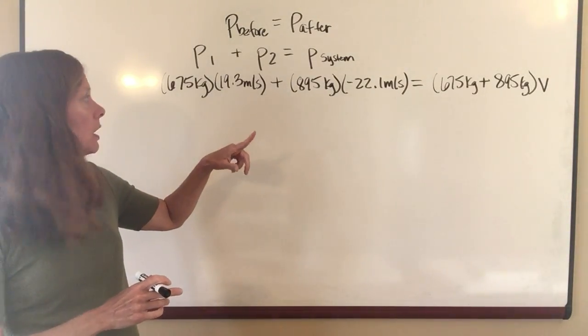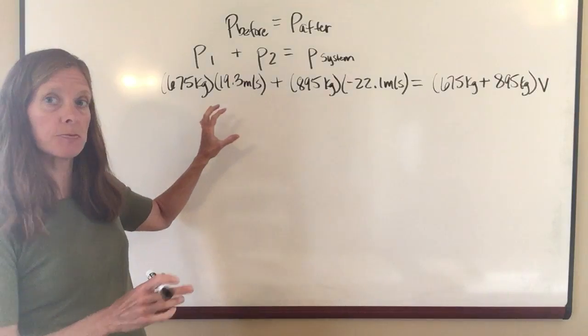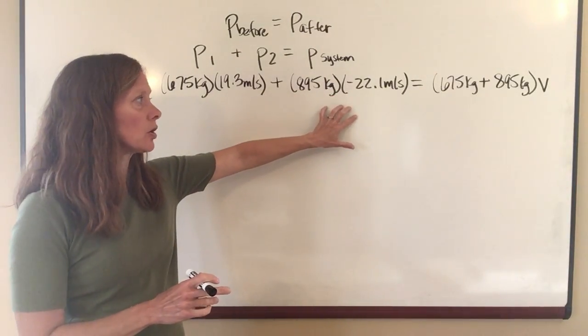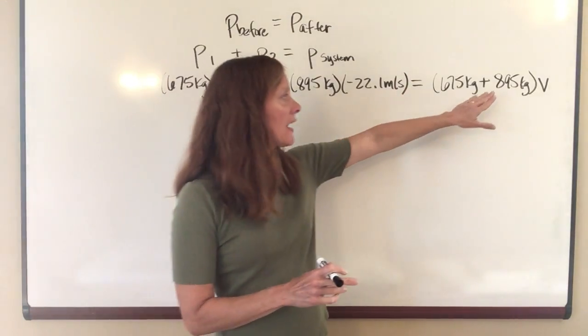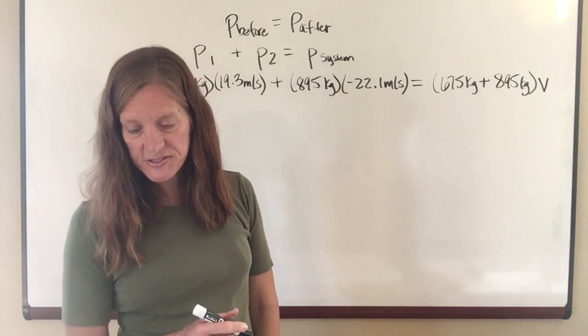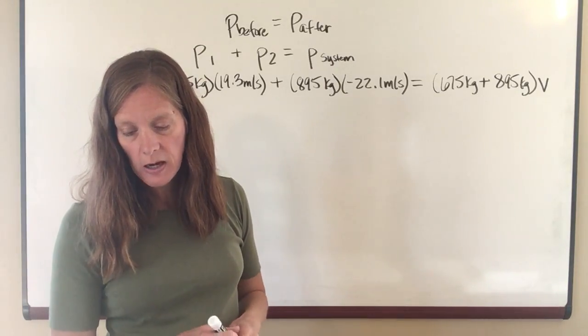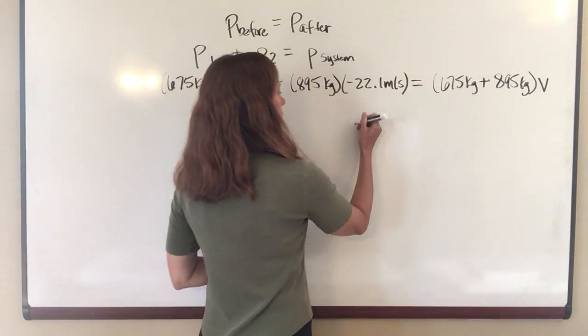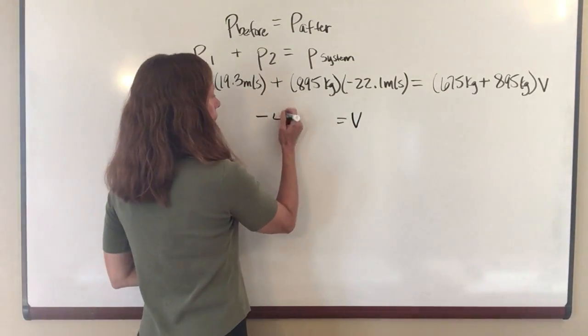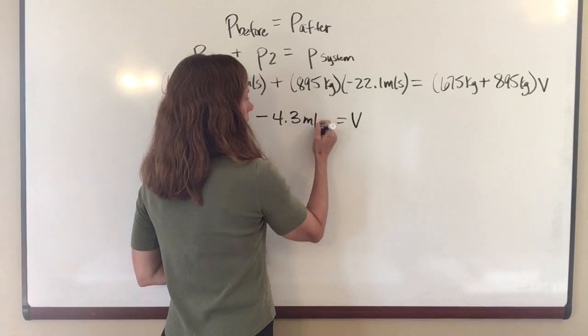negative number here. Well, hopefully you can tell just by looking at it, it's going to be negative because this is going to be bigger. Then you're going to divide by this total mass on this side. And so when you do that, you should come up with a final velocity of a negative 4.3 meters per